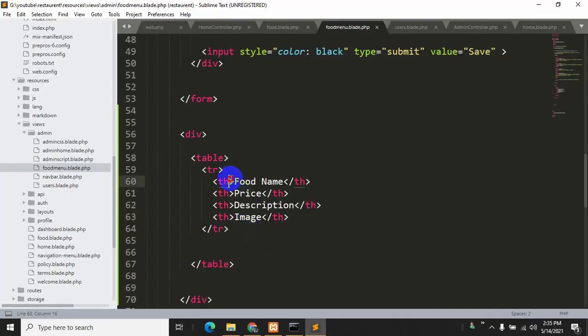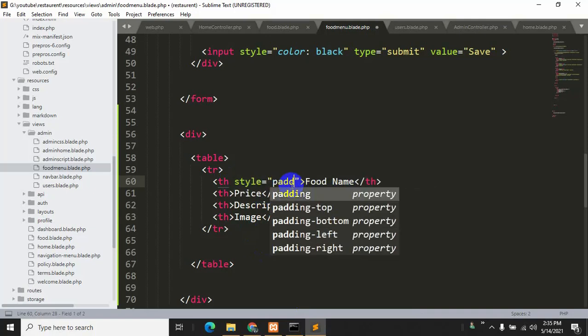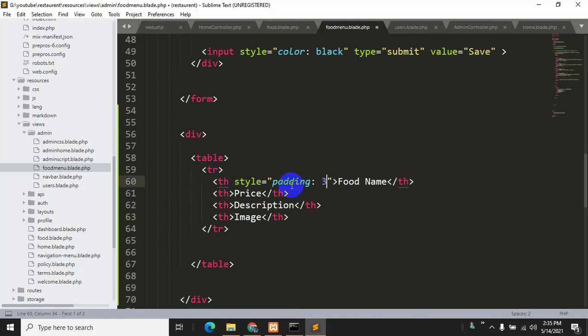So we are going to add a little CSS over here. We'll say style, and we'll say padding, it will be 30px. Let me just copy it, Ctrl C, and paste it after every th.